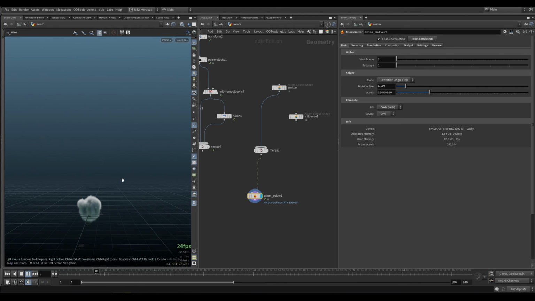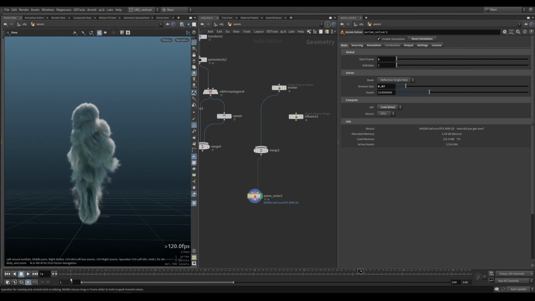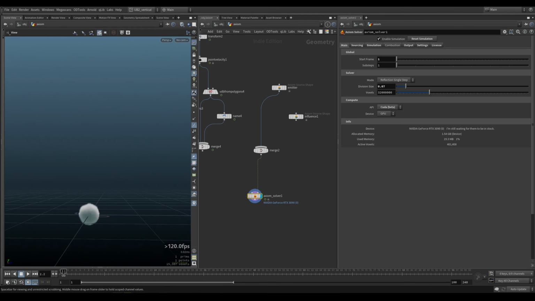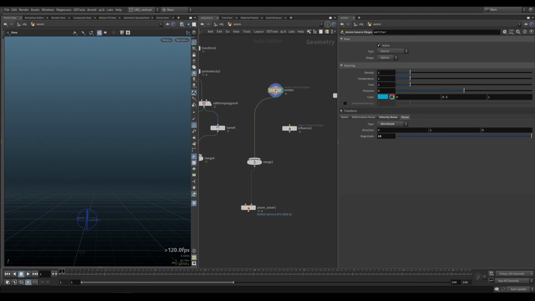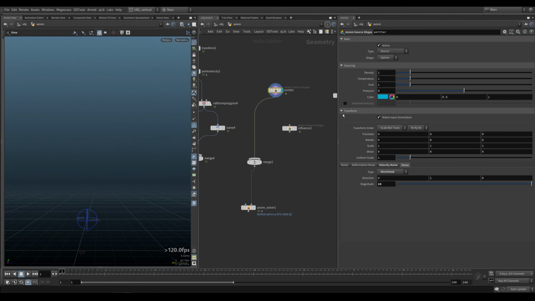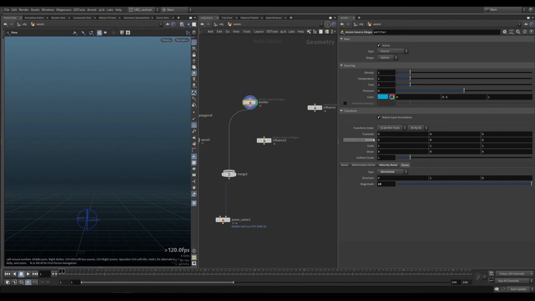Substeps, we're going to be taking a look at that, especially with fire. You want some more substeps for the solver. Substeps are essentially what's happening in between the frames. And if you set more substeps, that's how the solver will calculate in between the frames, and it's going to give you more precision. It's well used for fast moving emitters. So if this was animated and it was going super fast,